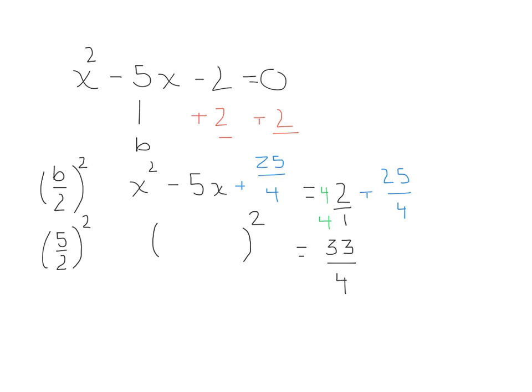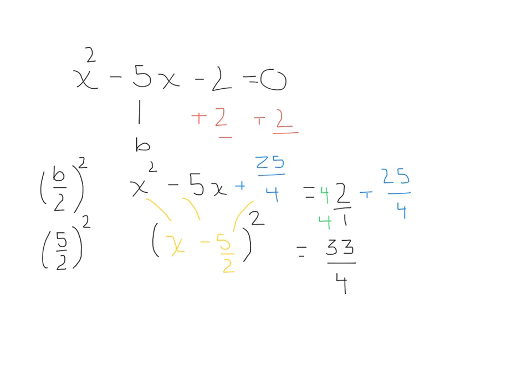My perfect square trinomial factors down to a binomial squared. We learned that we just have to take the square root of the first term to get the first term in the binomial, and take the square root of the last term to get the last term in the binomial, and then bring down the sign of the middle term. So we get x minus 5/2 quantity squared is equal to